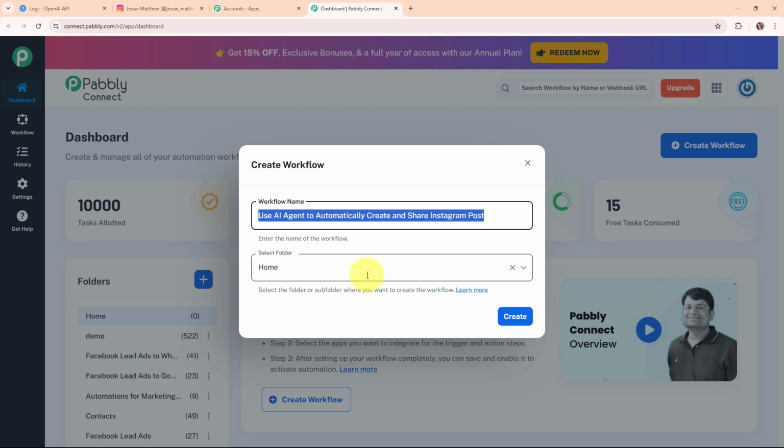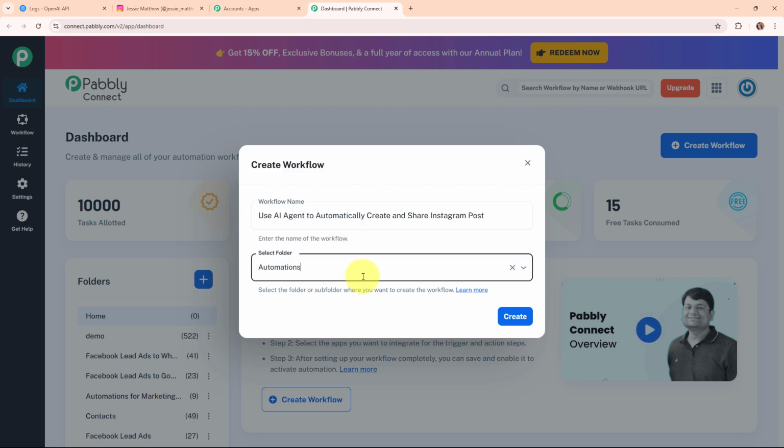So in this particular case, I'm going to select my folder as automations. You can select the folder as per your need. Also, you can create multiple folders to save your workflows accordingly. And now here, to learn how to create a new folder inside Pabbly Connect, you have to click on this